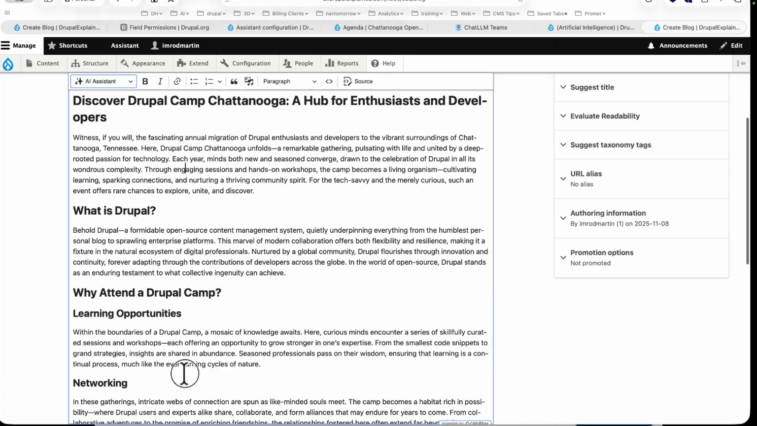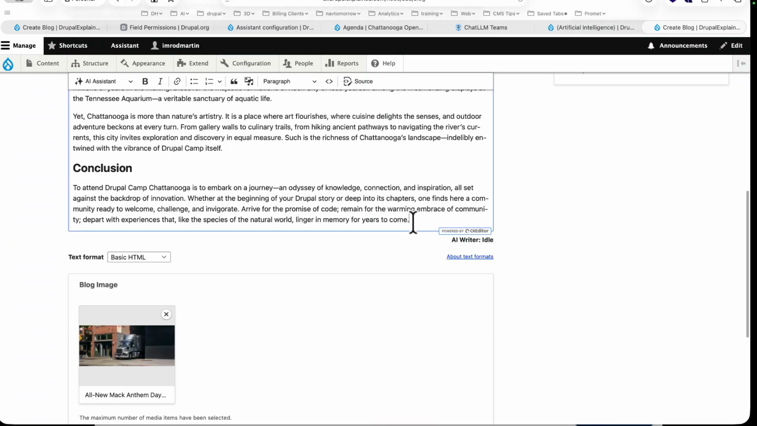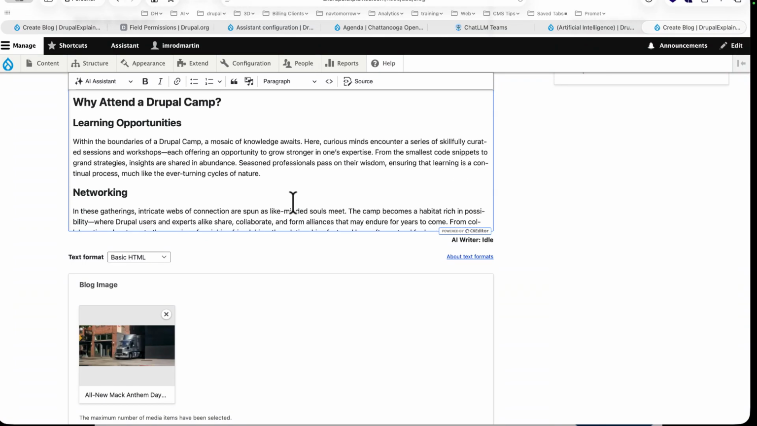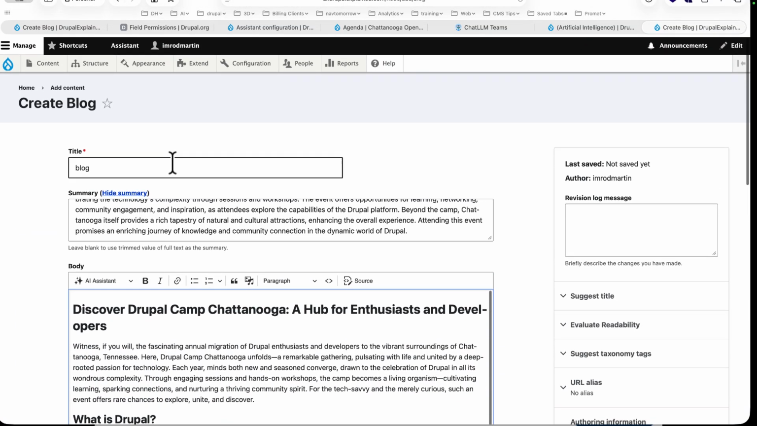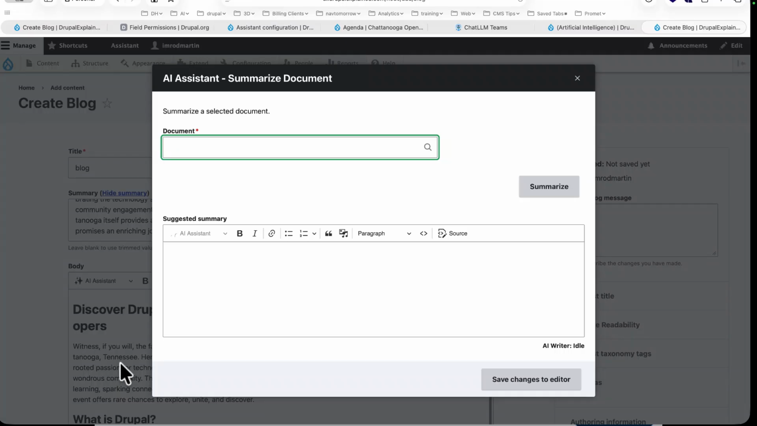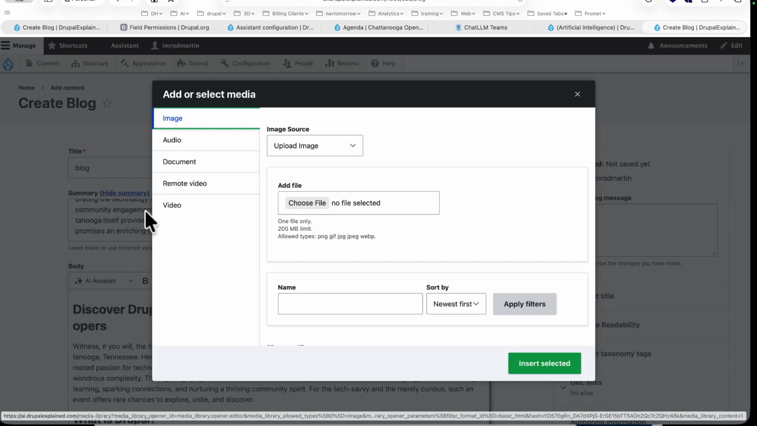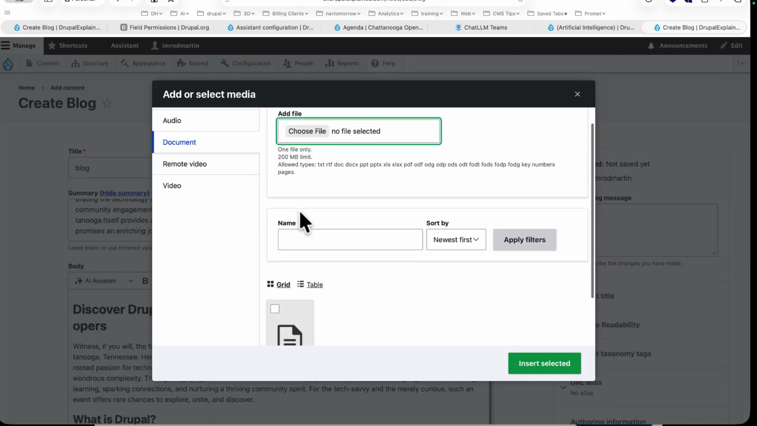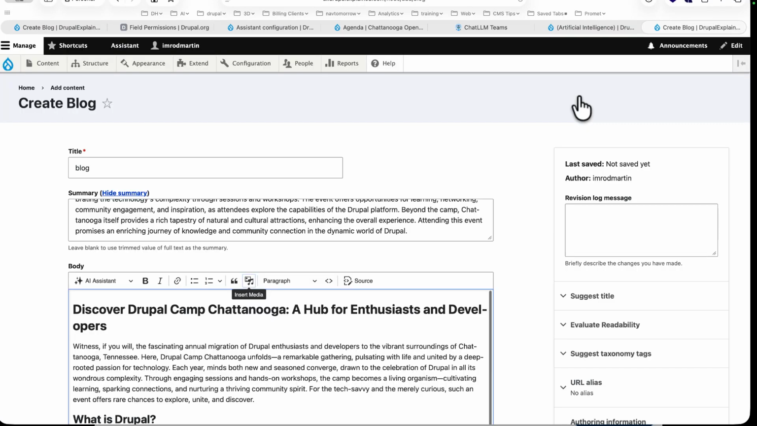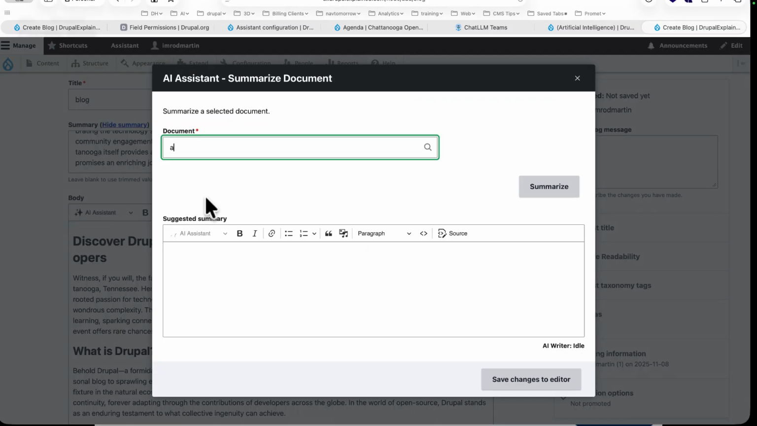And then summarize document. All right, so down at the bottom, I'm going to just add a space. And I think, I haven't done this one in a while. Yeah, I need to have a PDF uploaded. Just a minute. Oh, I do have a PDF. Okay, sorry. So, AI Assistant, summarize document, and